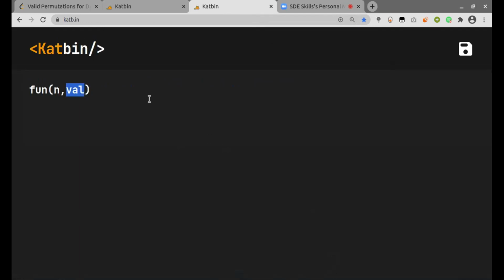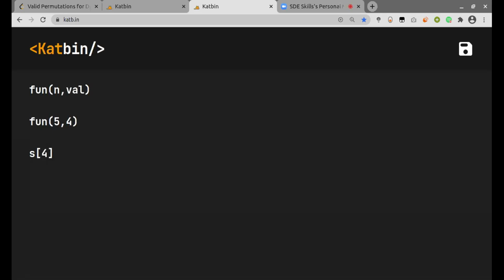For example, we have a permutation of length 5, and it ends with 4.